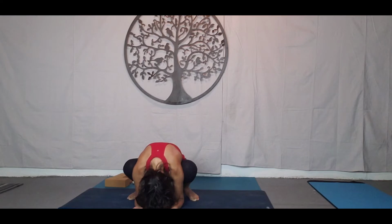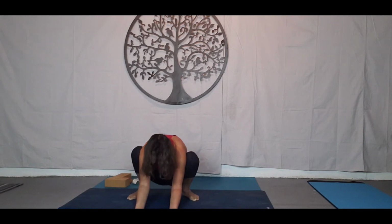Maybe come up onto the tippy toes, whatever works for you. Maybe again rock backwards and forwards. And then slowly, slowly come back up, press into the thighs. So from here we're going to come into a seated straddle. Again, warming up the upper body before we come into those